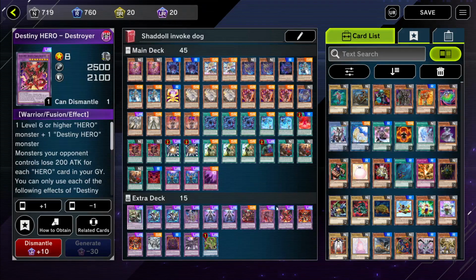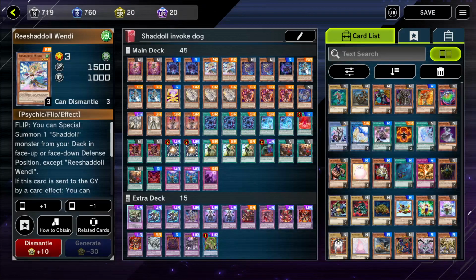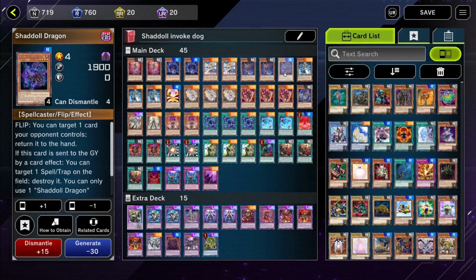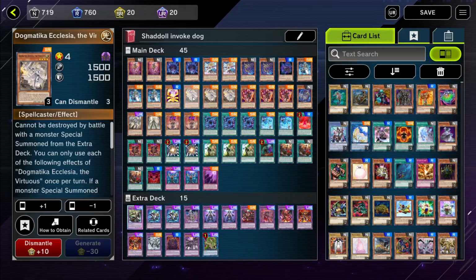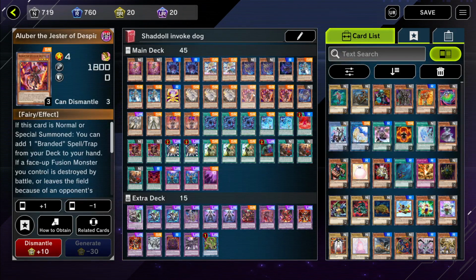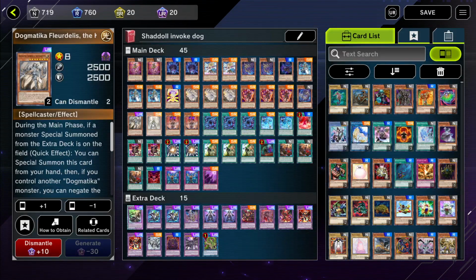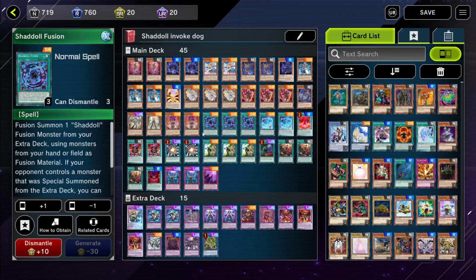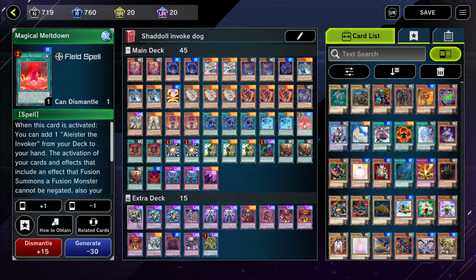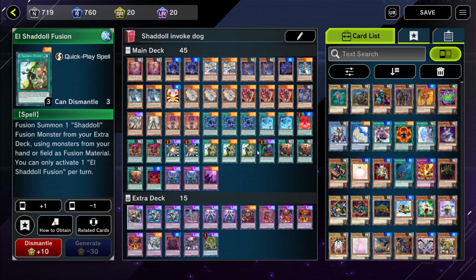But anyways, we are playing two Despian Tragedies, two Shaddoll Hedgehogs, two Reeshaddoll Wendy's, two Squamatikas, one Dragon, three Aleister the Invokers, one Ariel, three Dogmatika Ecclesias, three Aluber the Jesters, one Shaddoll Beast, one Fleurdelis, one Maximus, two Despia Dramaturges, and then for spell cards, we're going to be playing three Shaddoll Fusions, two Invocations, one Magical Meltdown, two Despia Theaters, two Super Polys, three Naelshaddoll Fusions,